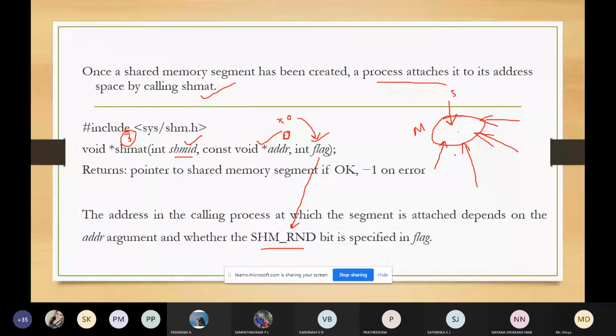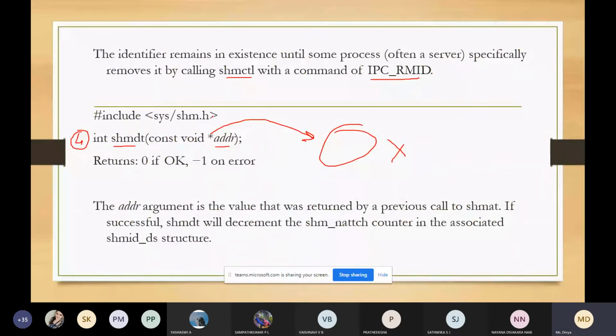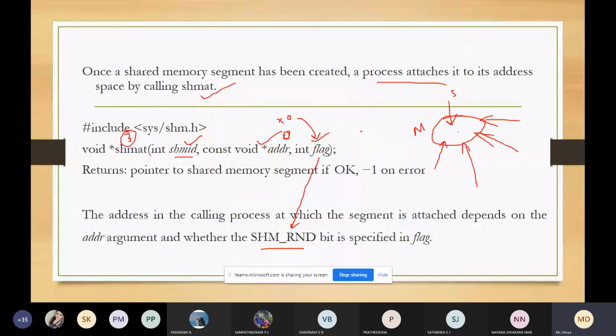For example, apart from the server, there are 4 client processes pointing to this shared memory, right? So these 4 processes can execute this function if they don't want to use the shared memory. It is shmdt.